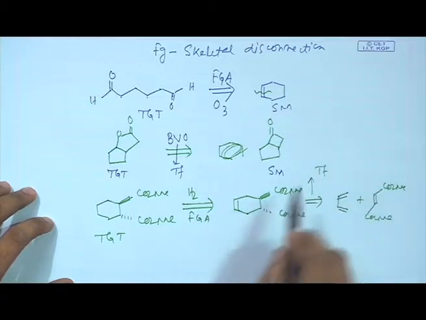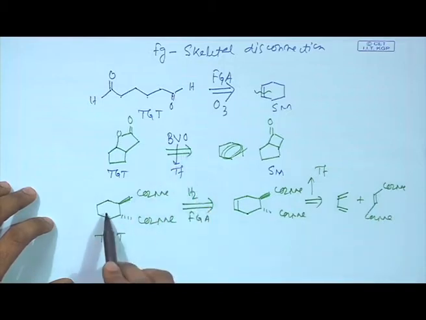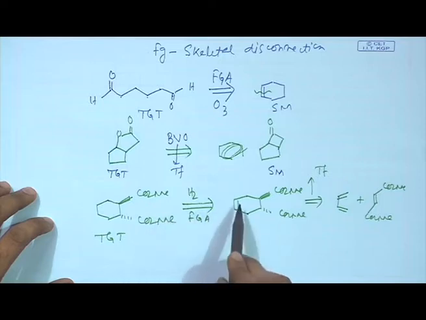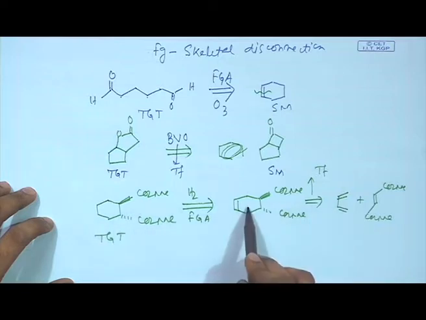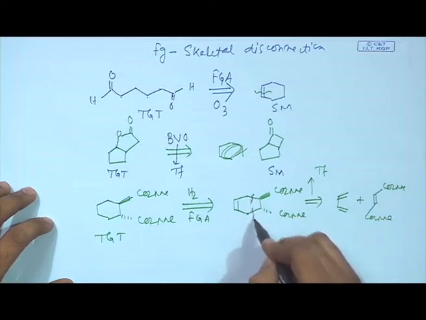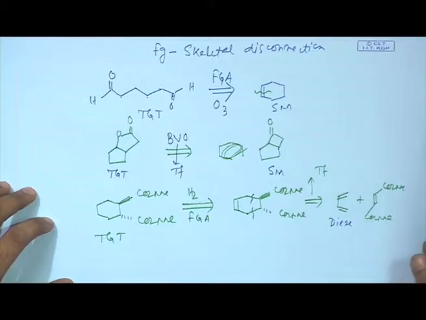So, functional group and transformation can be combined together, and this is also a skeletal disconnection. You see this skeleton of the final target molecule. You say okay, if you can do a hydrogenation on this skeleton, you will be coming to this target, and then this skeleton can be disconnected through this and give you the diene and the dienophile. So, in a simplified way you can basically make many interesting features.